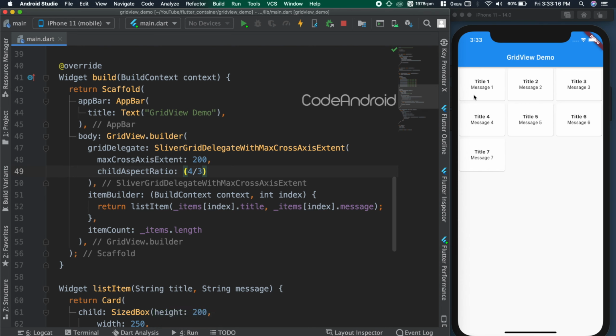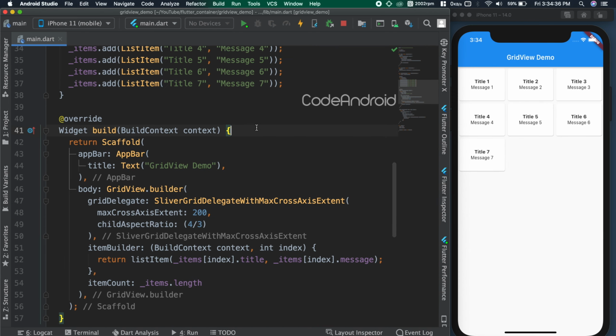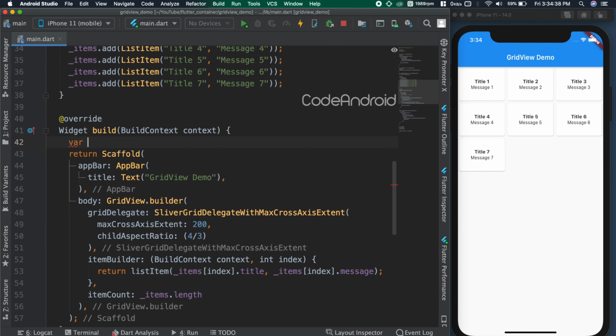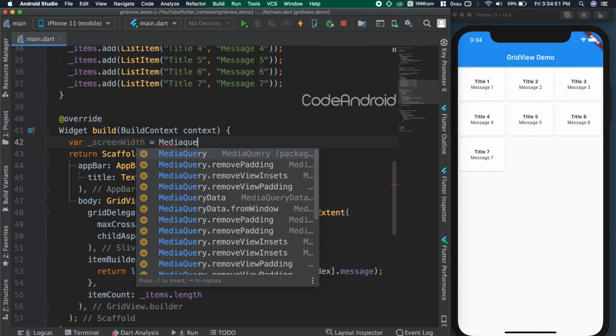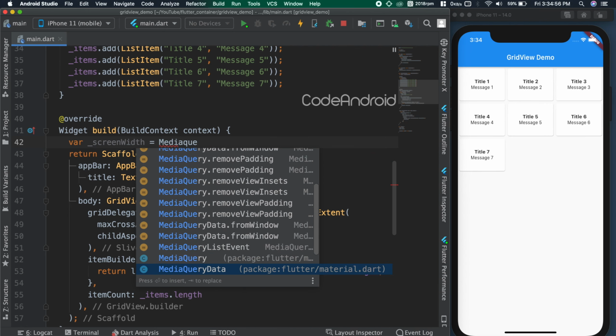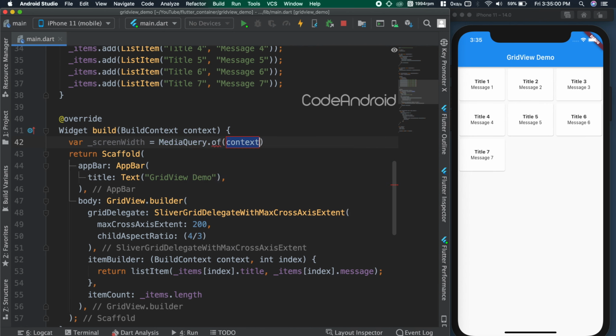In some scenarios, we want to fix the height of the item. To do that, we need to calculate the aspect ratio using the screen width. So we can get the screen width using MediaQuery.of. Inside we need to pass the context and get the size. From this size object, we can get the screen width and height.